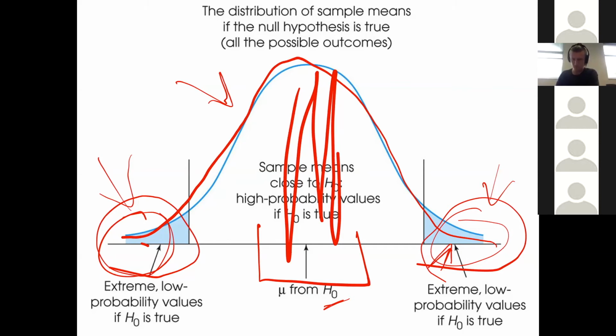So if you flip the coin 1,000 times, it may come up heads 501 times, but you know just kind of intuitively that that's a high probability event, right? It's very likely in this case. But when you get to the extremes, you're saying this is such a low probability event that there has to have been some sort of effect there.